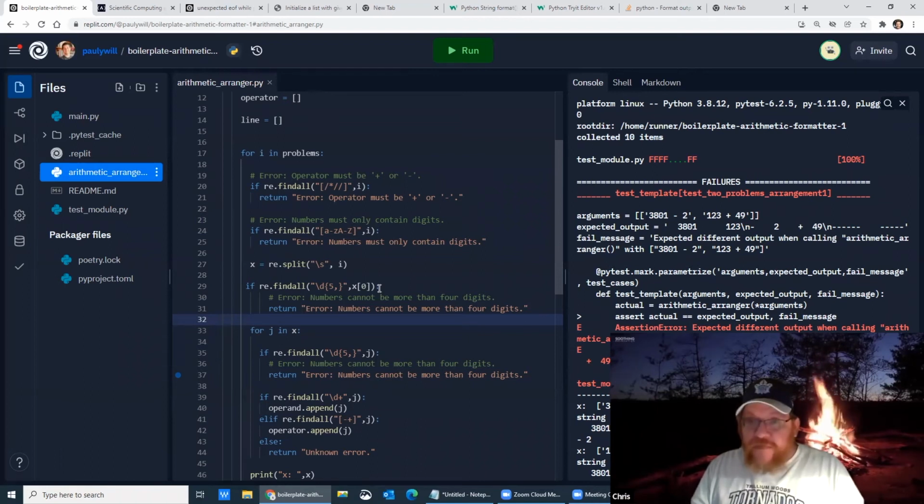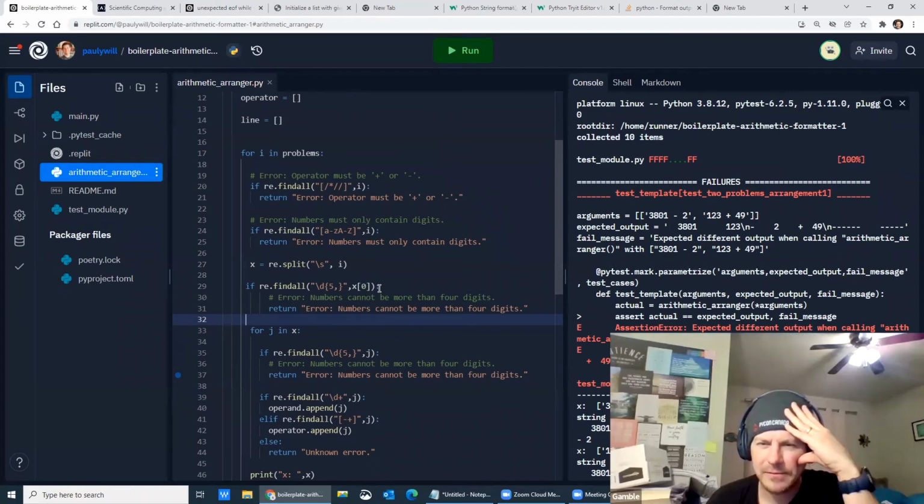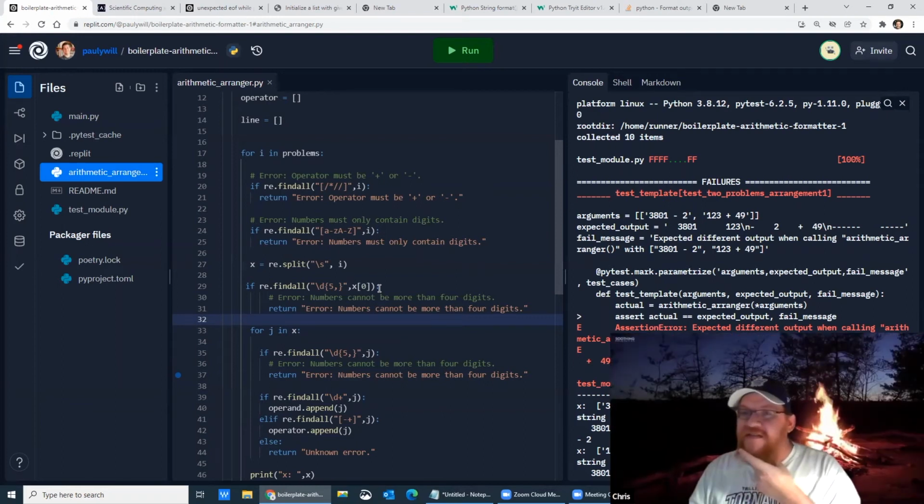Or re.findall, leave something out, x at 2, and of course it wrapped. But does that make sense? If final, okay. And of course I messed up. But that's basically